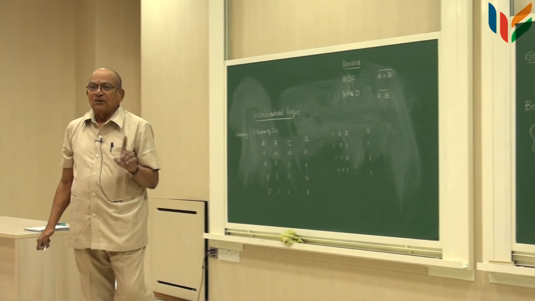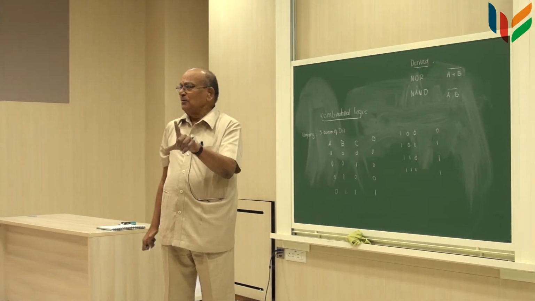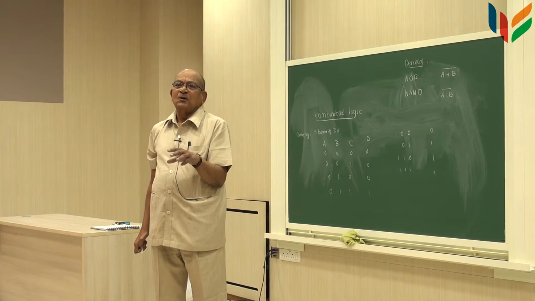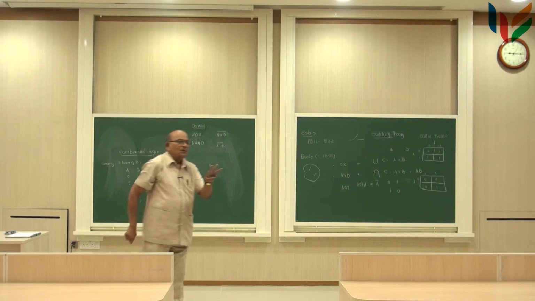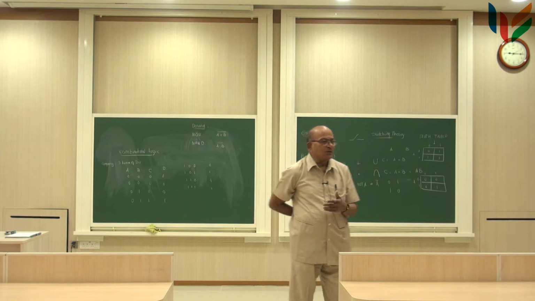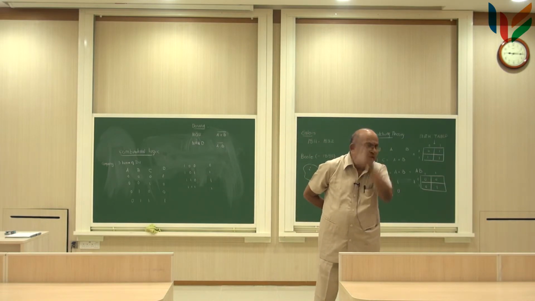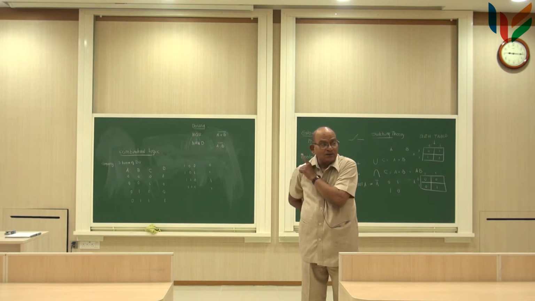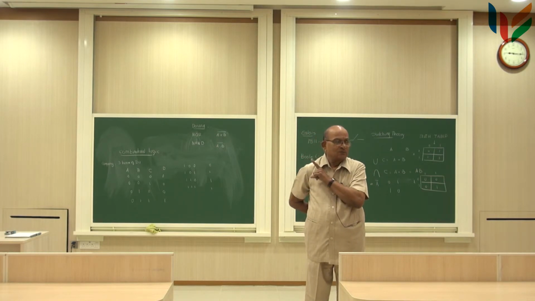See what I am doing. I exhausted all possible combinations resulting from 3 variables, each variable taking a 0 or a 1. So the possible combinations are 2 to the power of 3, which is 8. And for each one of these, I have made a clear-cut decision, 0 or 1.